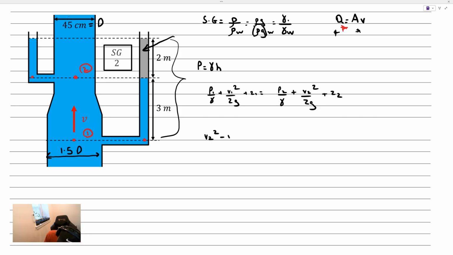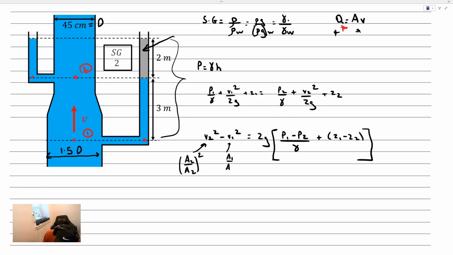We have a difference of speeds on the left-hand side, and essentially we have some other terms on the right-hand side. We moved over that 2g term, and we have a difference of pressures: P1 minus P2 over gamma, plus the difference between Z1 and Z2. And this would be what we have on the right-hand side. Now we have a difference of 2 speed terms. If I multiply this left-hand side term by A2 over A2 squared, and this term by A1 over A1 squared,